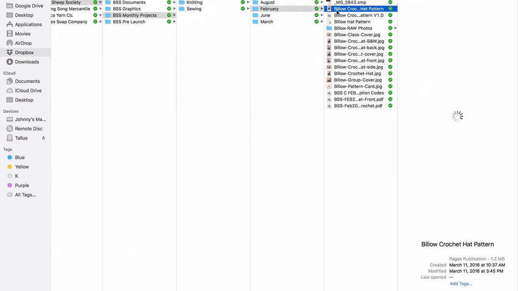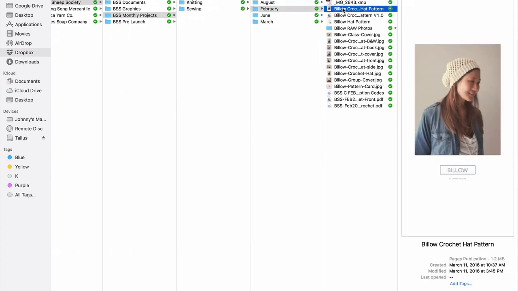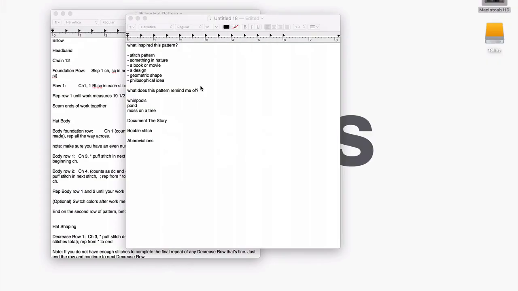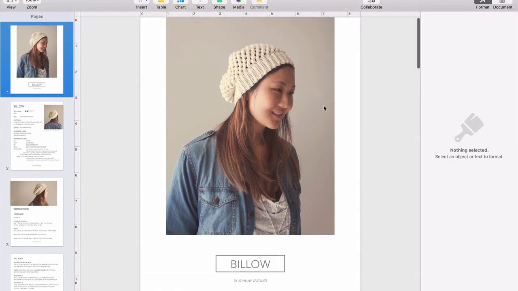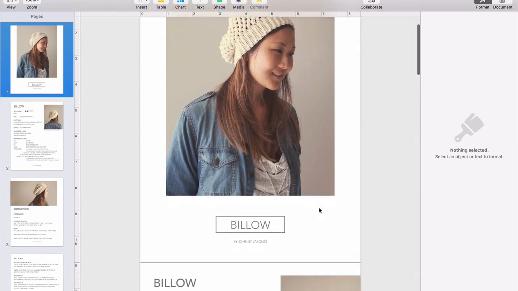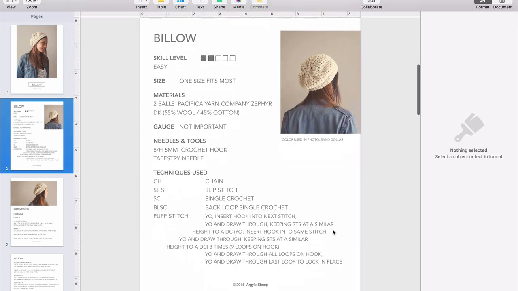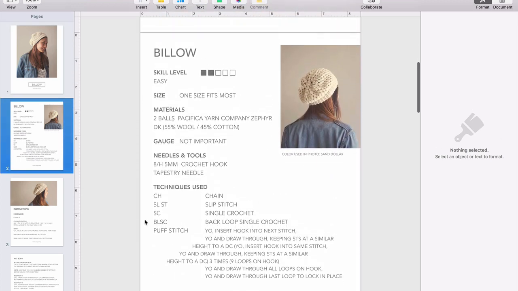So this is the actual billow template that we use here. And we use a template for designing our patterns. So our patterns always have a cover page with a big photo in the front. We do the title of the pattern and then who the designer is right here. Okay. And then here is the first page